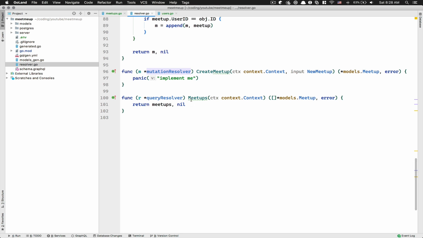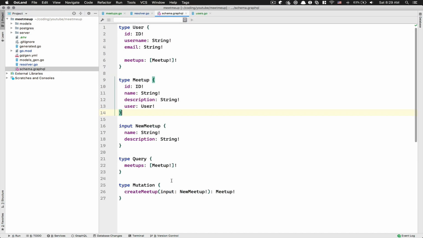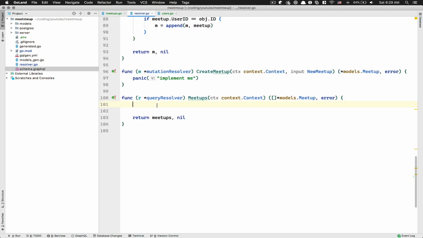Meetup right there. So the resolver where we get the meetups, and how I know this is the one is because this one goes to the query resolver, and that's because of this query right there. So the way we handle that, you're going to see it's going to be really simple. We just say here return R, and now